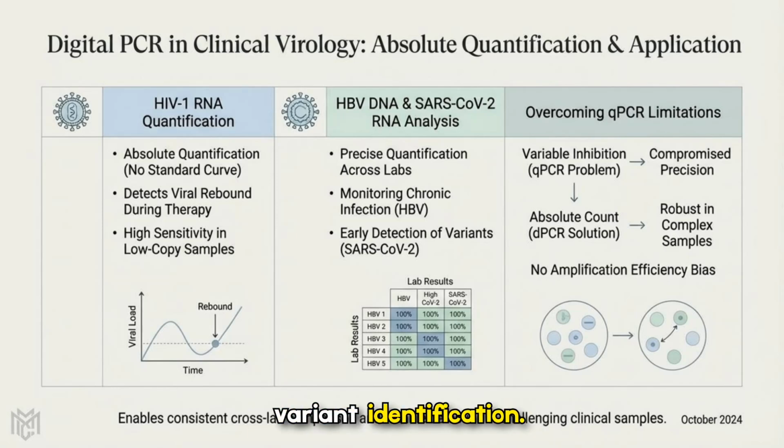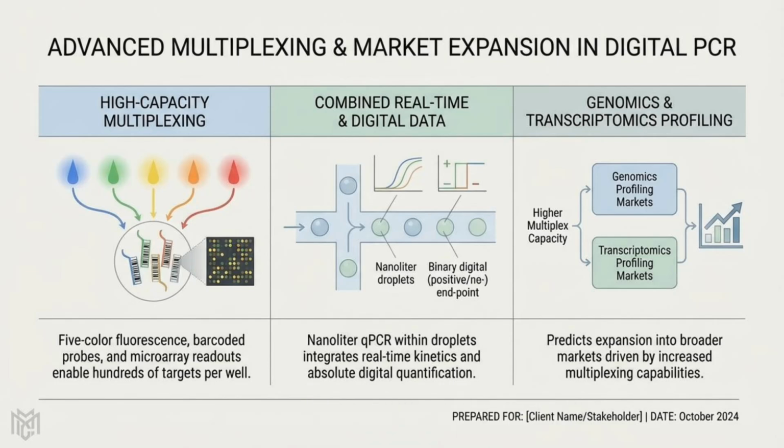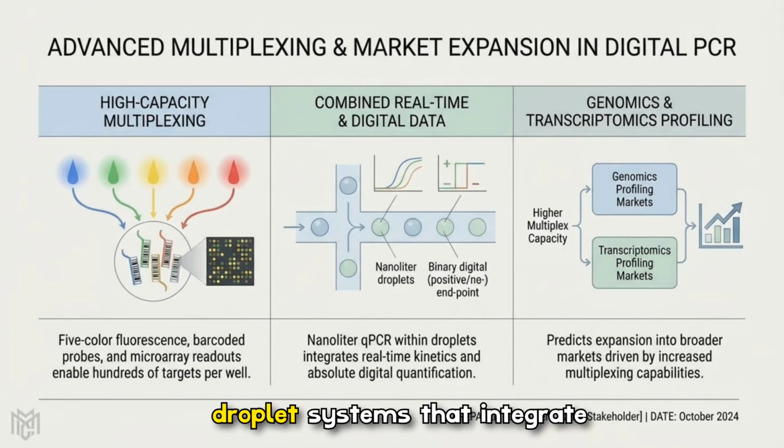variant identification. Advanced multiplexing expands the market for digital PCR by combining high-capacity, multicolor fluorescence, and barcoded probes with nanoliter droplet systems that integrate real-time kinetics and endpoint digital counts. This hybrid approach increases target throughput and opens doors to broader genomics and transcriptomics, profiling markets driven by higher multiplex